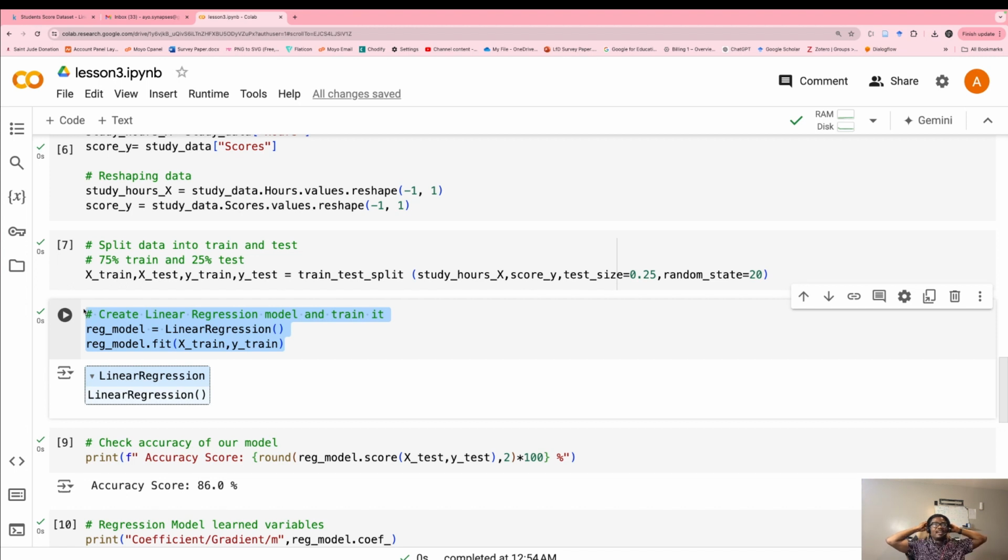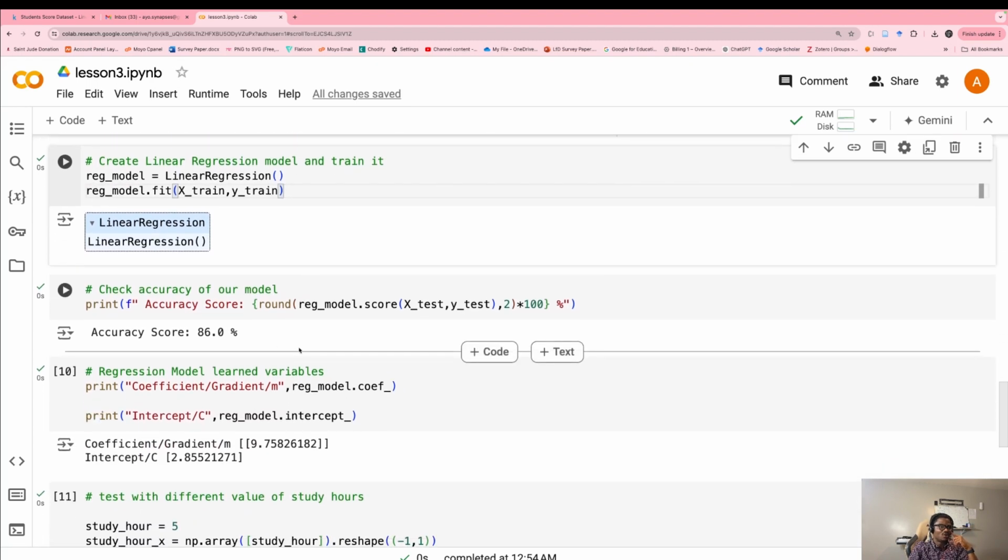Maybe data that says the age of a child and the amount of food they eat, something like that, right? You can train a model for that, and then you can say, oh, for this particular age, this is the amount of food that the child will eat. Just think in that line.